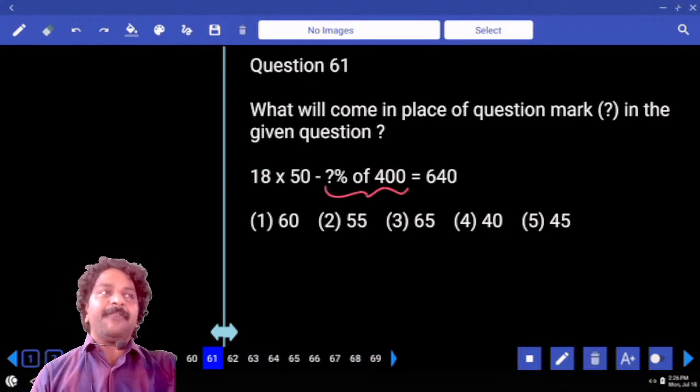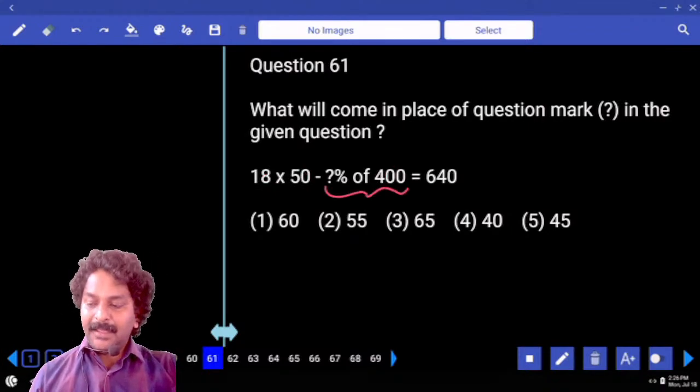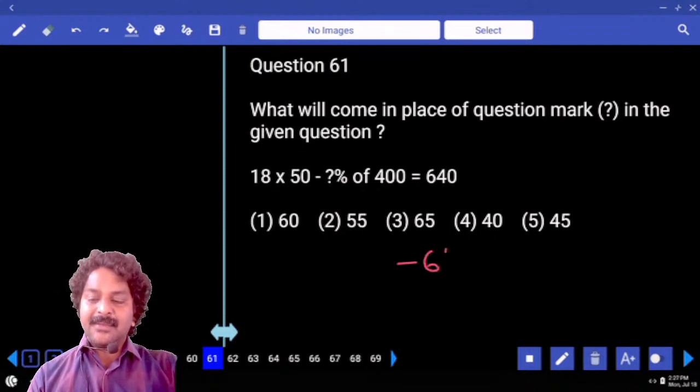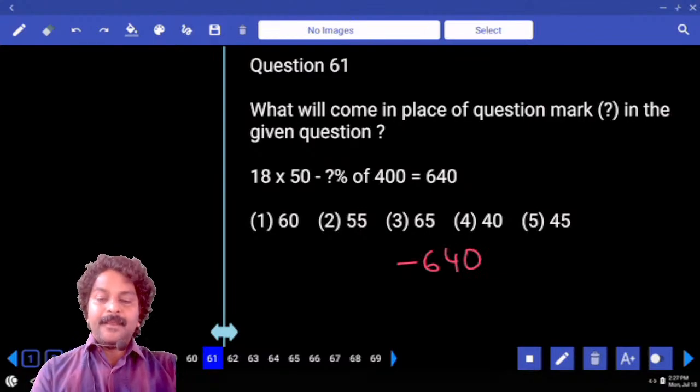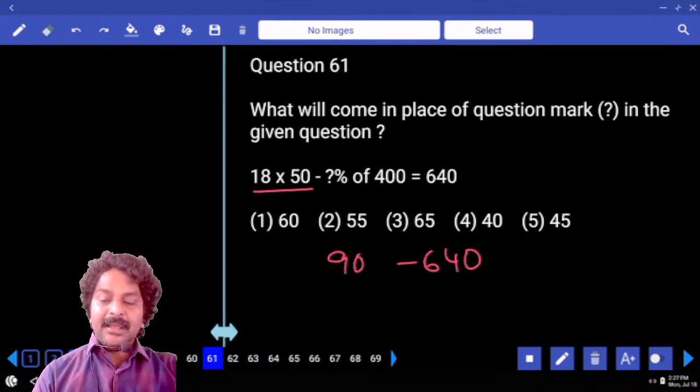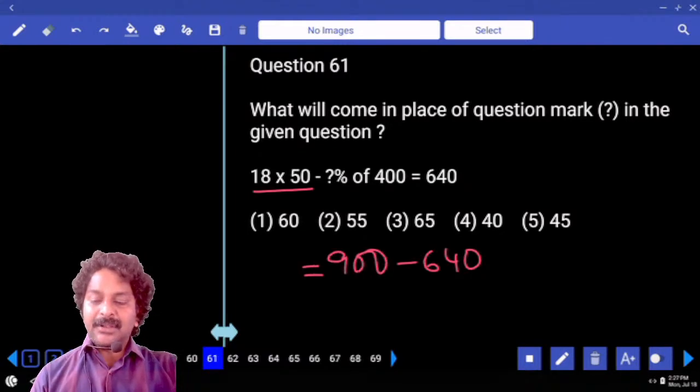Minus x% of 400 goes to the other side. Right hand side number 640 will come to the left hand side and becomes minus 640 only. 1850 times 100 times and half. How much? 9. Right. Which is equal to